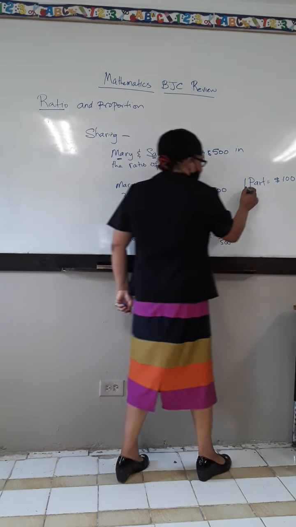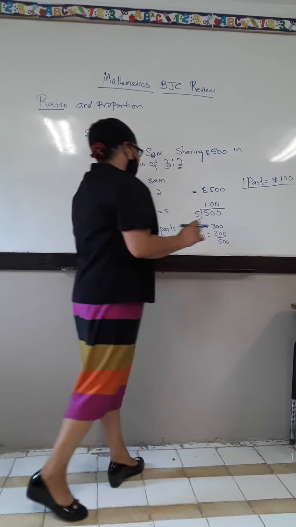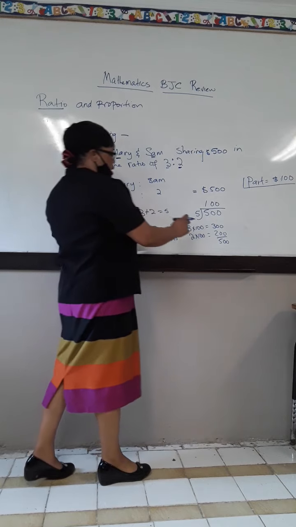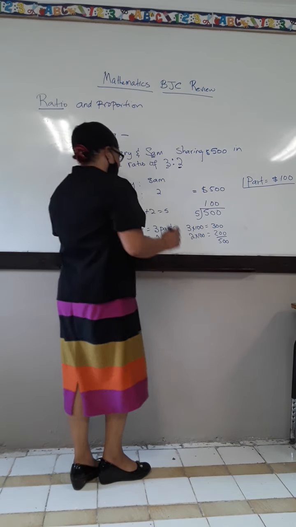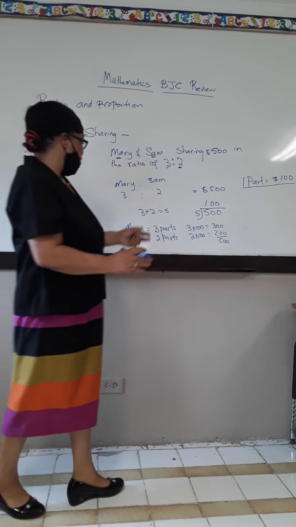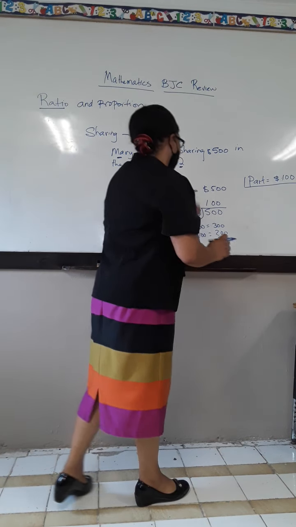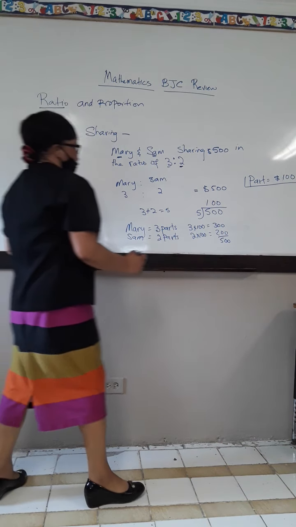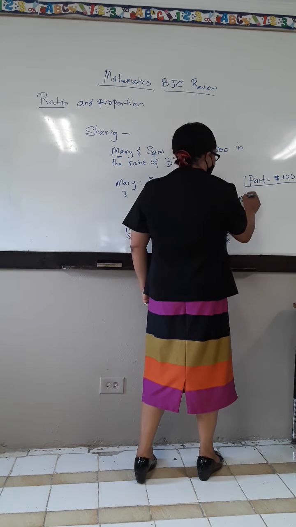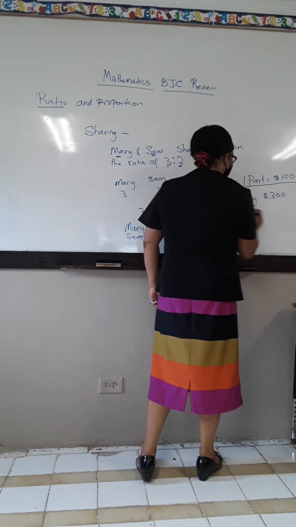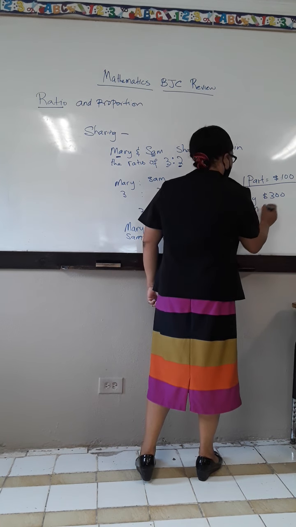So 1 part is $100. Mary is going to get 3 parts. 3 times 100, $300. So Mary will get $300. Sam, 2 times 100, 200. Sam will get $200. And that's my answer there. So here we go. Mary is coming out with $300 and Sam is coming out with